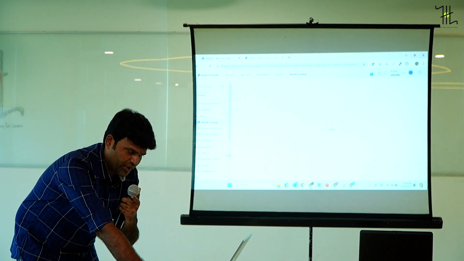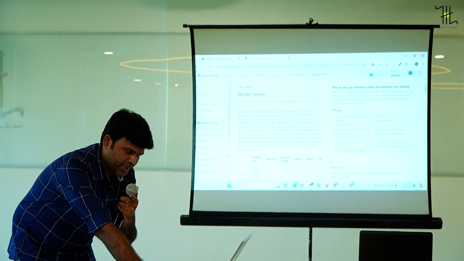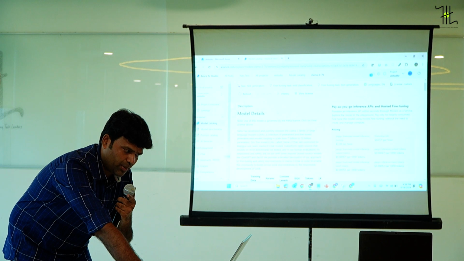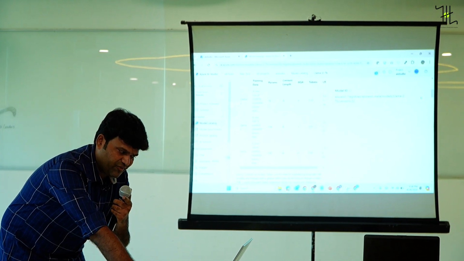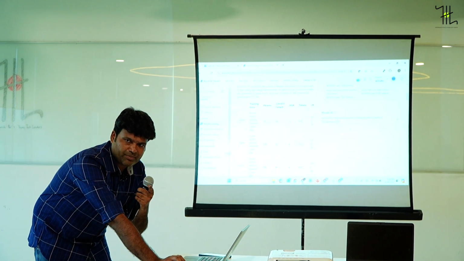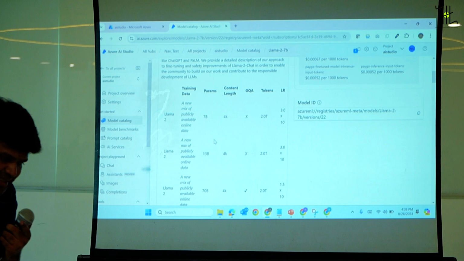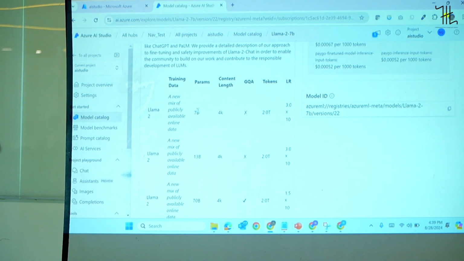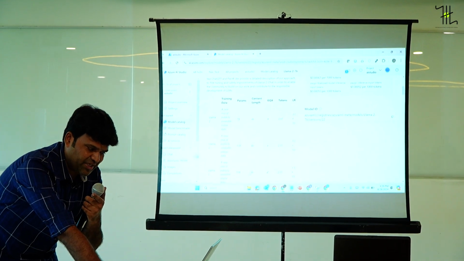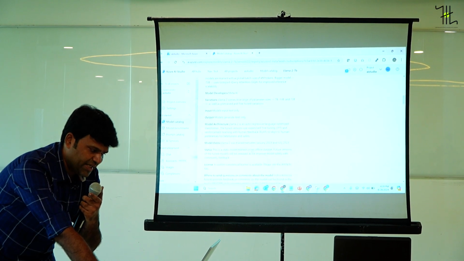And the next thing I want to explain is the foundation model part. You can go into the model and read about the details, like what kind of training data they have used. For example, the Llama model, I just went in, and these are all the different versions, Llama 2. And what is the parameter size? Parameters are nothing but that many parameters they have used for training. So if the parameter size increases, the model accuracy also increases. For example, if you compare the 7 billion parameter and the 70 billion parameter, the 70 billion parameter will give you more accuracy.